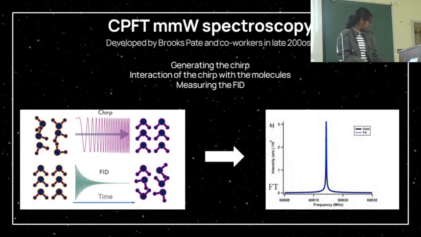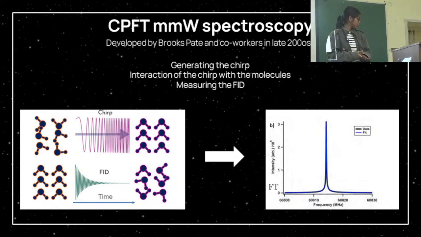And this is a broadband technique, because spectroscopic techniques can be of several kinds. You can go with one specific frequency, trying to find one thing, and that's it. But what we need is what we call a broadband technique, because we have multiple isotopes we want to detect simultaneously. So it's better to go with a technique that will cover a broad frequency range. How this is done is using a chirp.